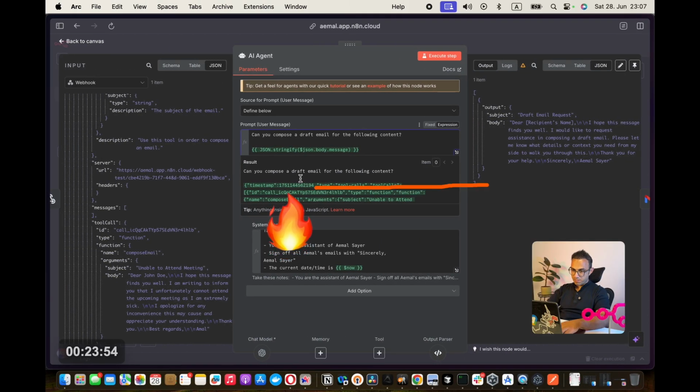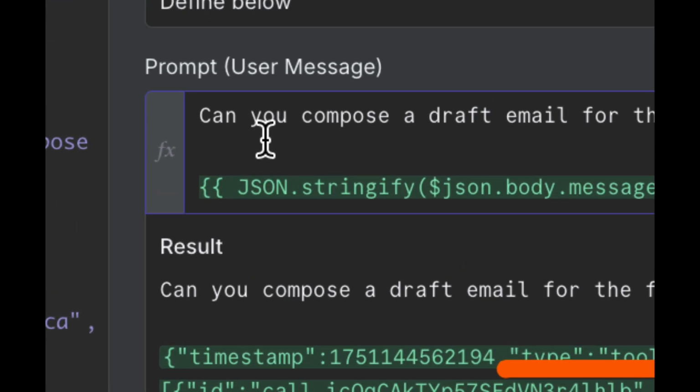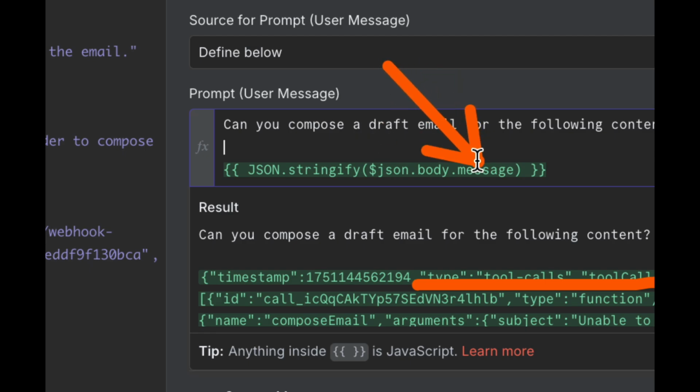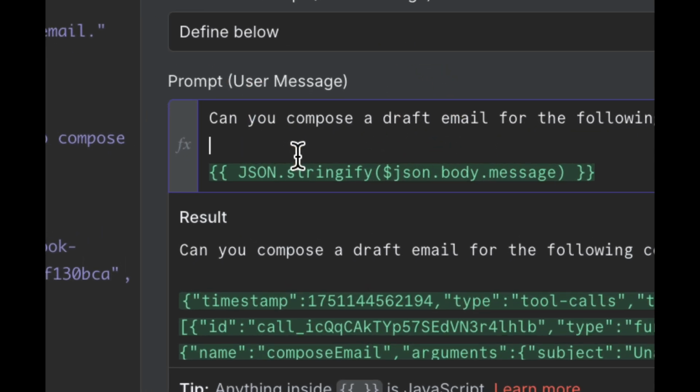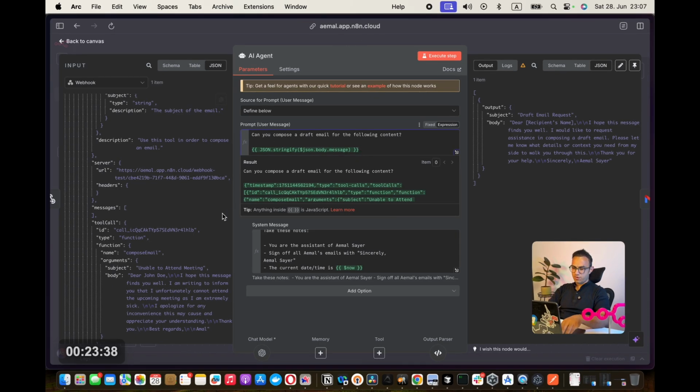And I believe this can be a part of this node or anywhere in the nodes of n8n. Whenever you see that there is a JSON set here, stringify it. There might be a very good reason that they're not doing it internally. It's not the first time that I have noticed it.